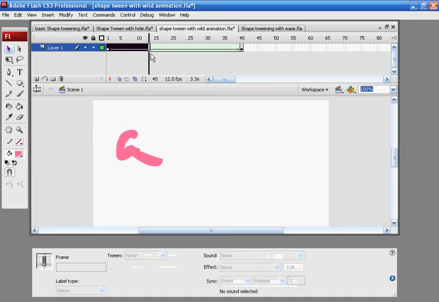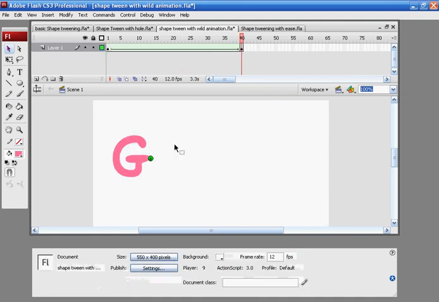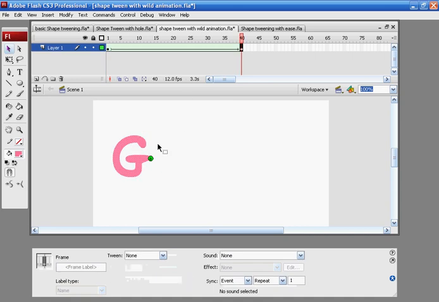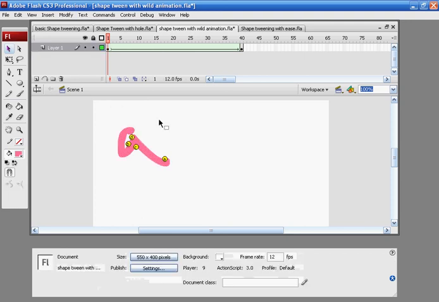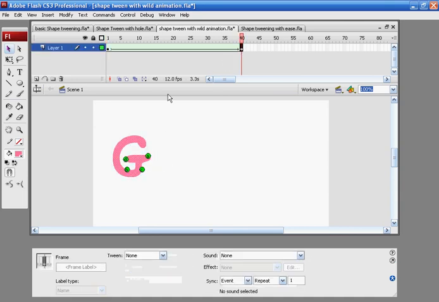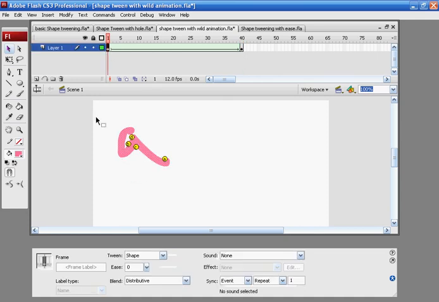Alright, now as you can see there's kind of an intersection going on around here, which I don't like. But I've accomplished the task that I wanted, which is moving from here to there. So I'm going to quickly add shape hints for it to run smoothly. I'm just going to pause the video. Now after adding a lot of shape hints, I've added 4 shape hints, going to the end of the object and where I want this specific part of the object to end,